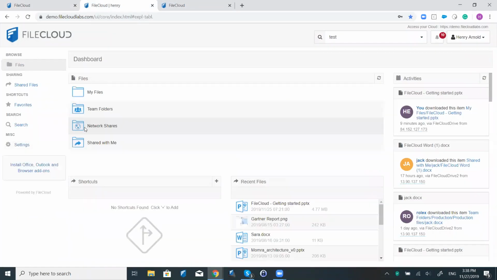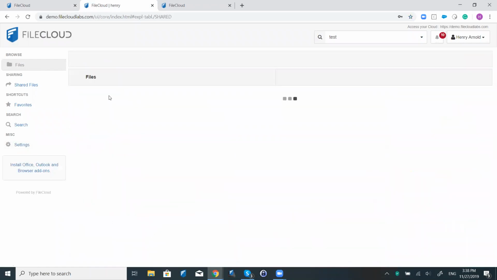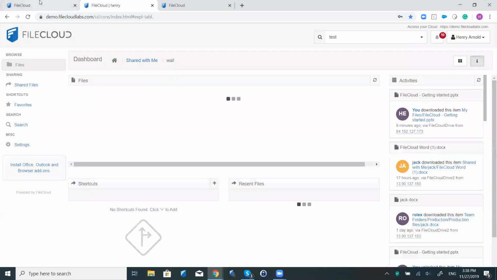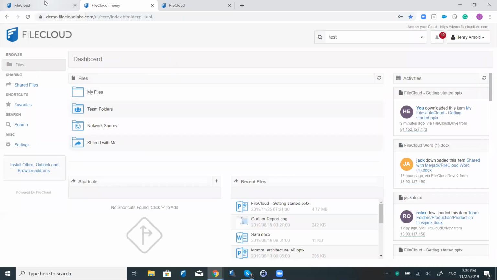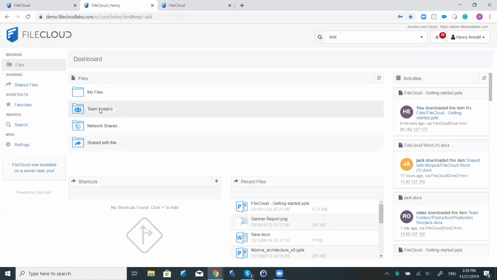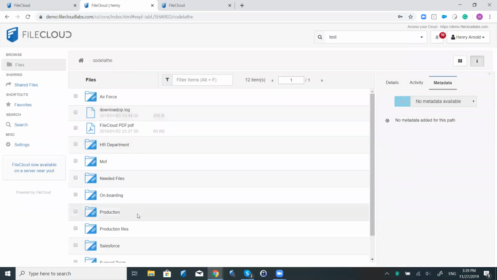So if they always have to go through the shared with me, if you're having to share a ton of files consistently, they won't be able to see the files here. They'll see the name of the user first and then the files, which isn't too problematic, but it just makes it a little bit easier to control all by the admin portal, because then you can assign specific users. You can control the permissions a little bit more and have a little bit more control and sharing with, and so that would be just my personal recommendation, because then they don't have to constantly go through the shared with me. They can just go through their team folder here and see the specific folders that have been